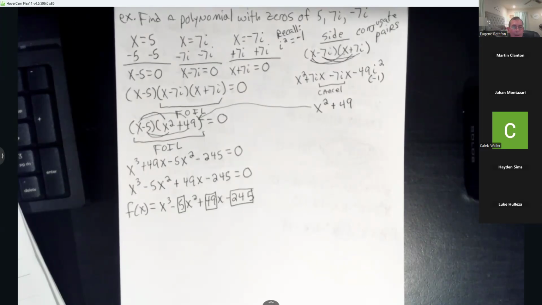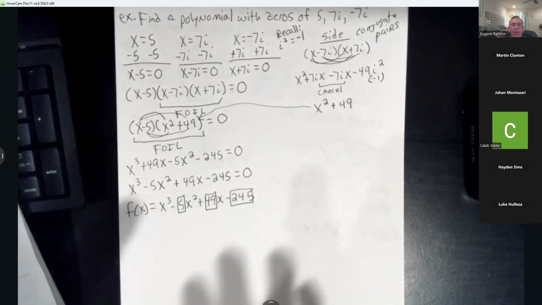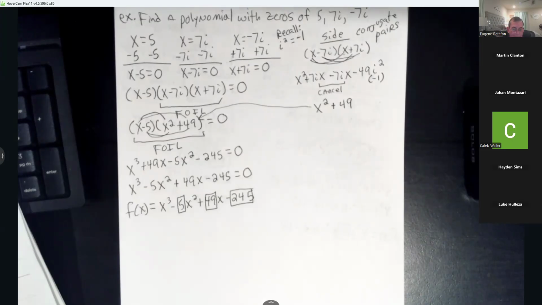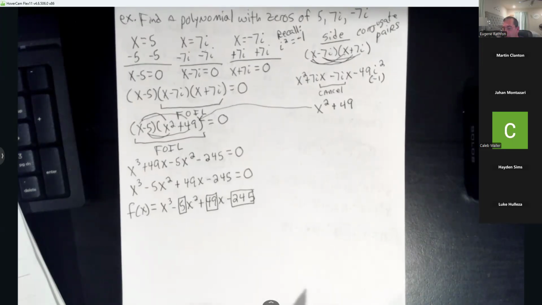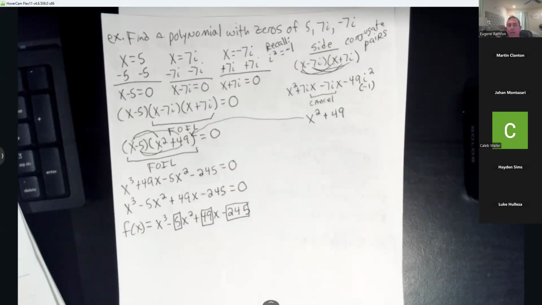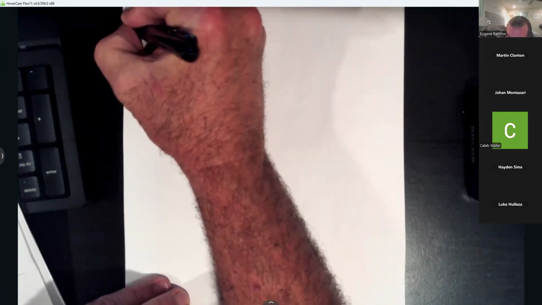All right, y'all, so I'm going to do another one like this. So the first four problems in your homework is nothing but foiling, okay? All right, so let me get this paper ready. All right, y'all. So the next example,